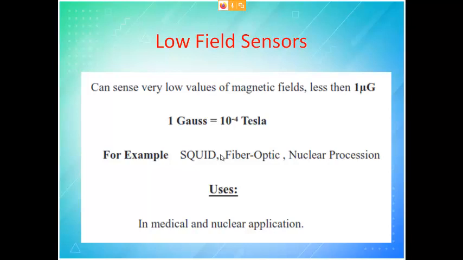So they are able to find, and if a person doesn't have legs, or doesn't have a particular arm, then they try to fix a robotic arm or robotic leg, and they try to get the signal from the brain, and that signal is given to the actuators or motors that try to move your hand. So even if you don't have your hand, you can generate movement. This is with respect to the medical field. So there you only go for very low field.